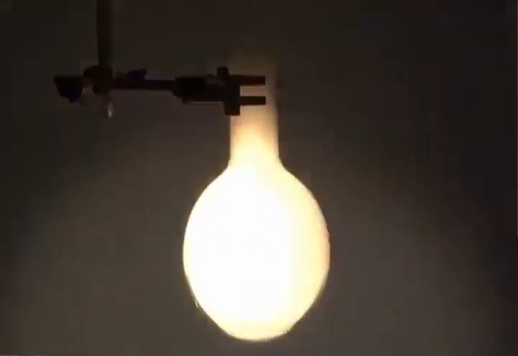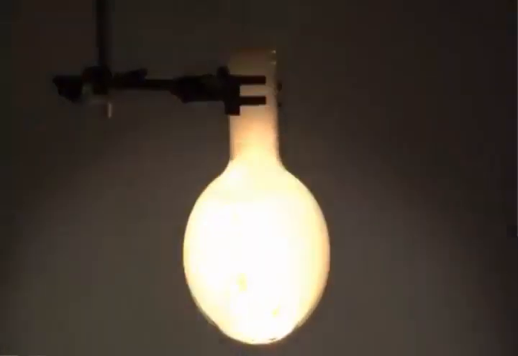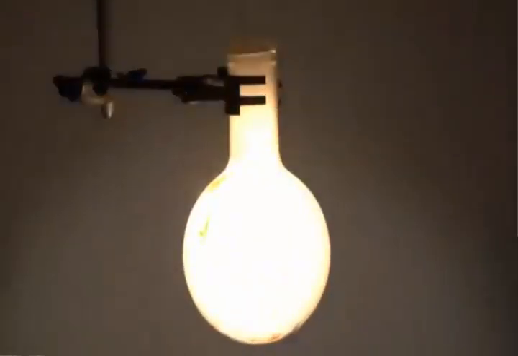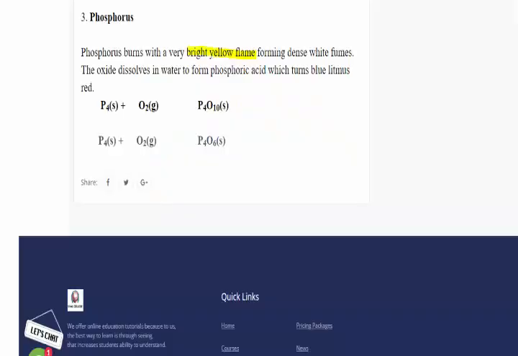This is often called the phosphorus sun. Actually, because of this amount of light, phosphorus is used in flares and fireworks to produce that bright light. Now let's finally look at the equation of the reaction. Phosphorus, which is a solid, burns in oxygen to form